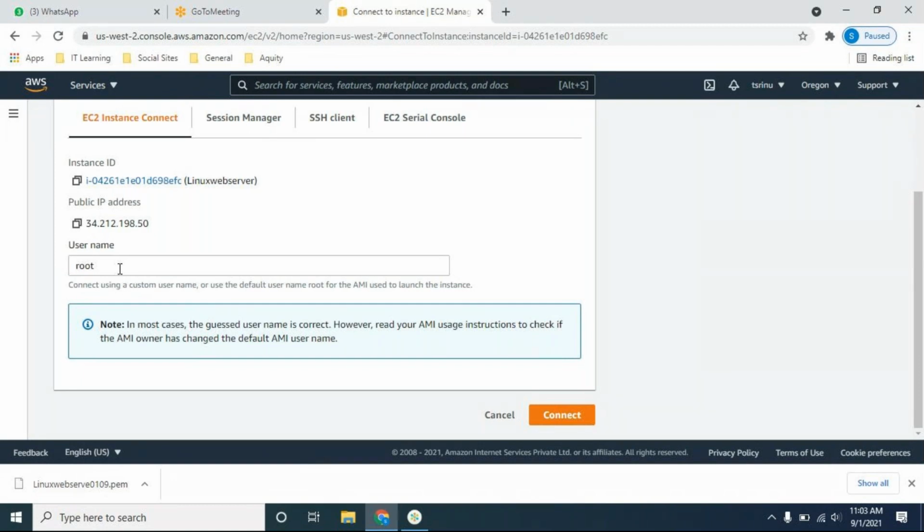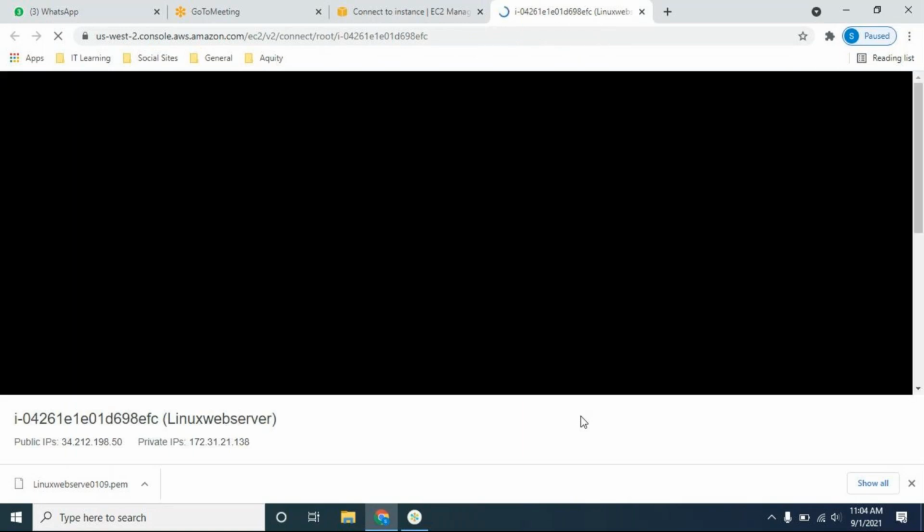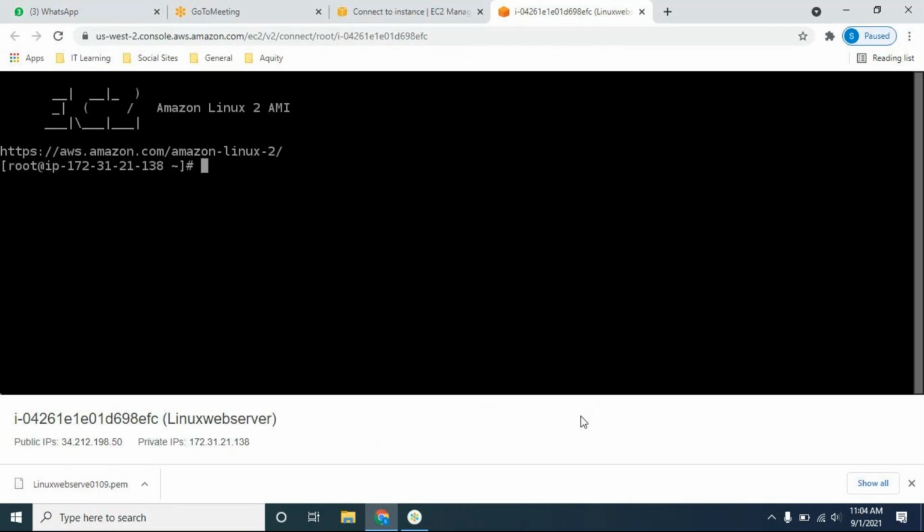Root is default, fine, no issue. Earlier it was ec2-user only, right? Yes, but while we created the AMI, I used the root user. So just connect, it should work. By default, the user is ec2-user, so you should use that every time, but this is the AMI case. Okay, so now it's logged in with root. Now can you start the service? HTTP service?